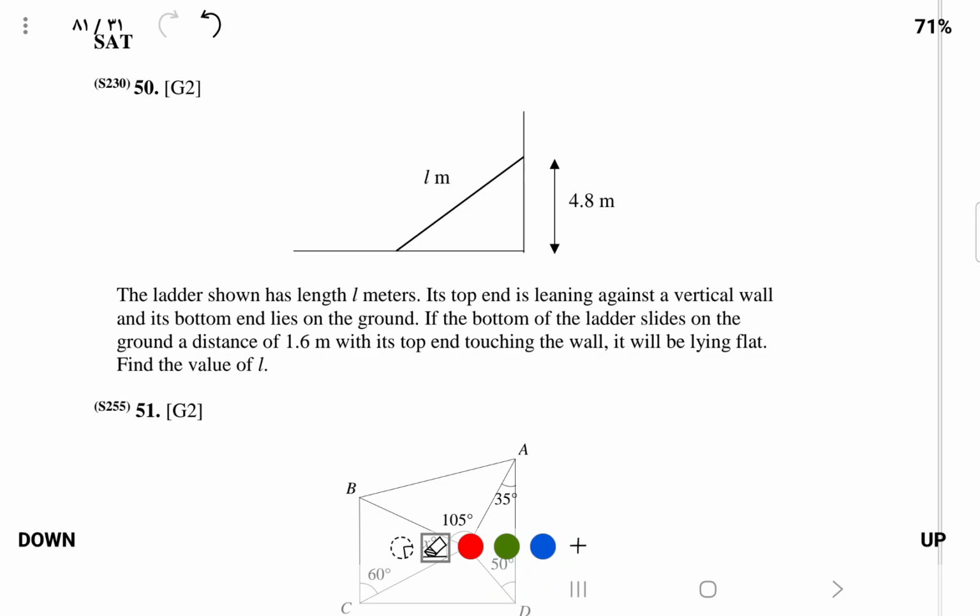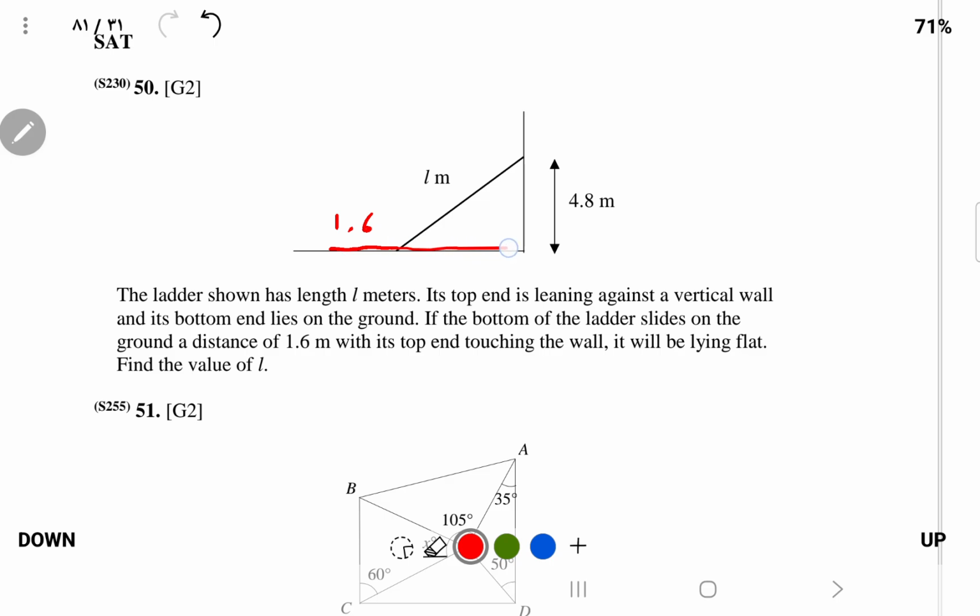In this video I'm going to solve this question number 50 because many people asked me about it. So let's directly start. The ladder shown has length L meters. Its top end is leaning against a vertical wall and its bottom end lies on the ground. If the bottom of the ladder slides on the ground a distance 1.6 meters, with its top end touching the wall. This means if this slides a distance 1.6 meters from here, so this is 1.6 meters, in this case